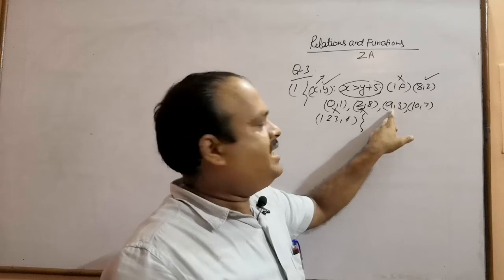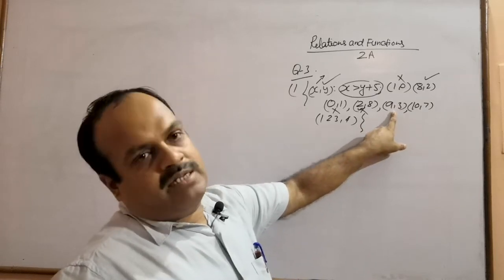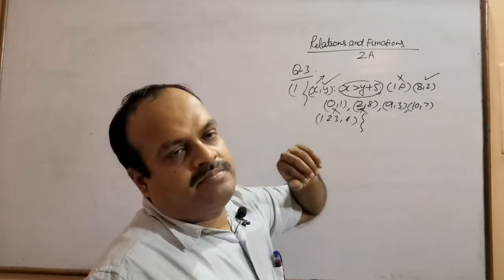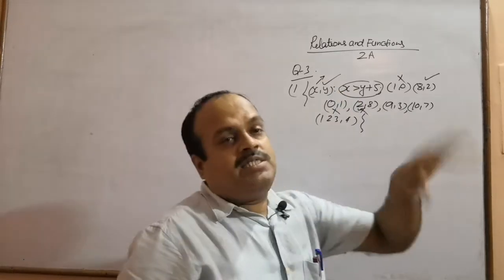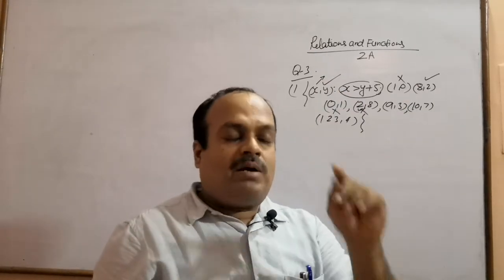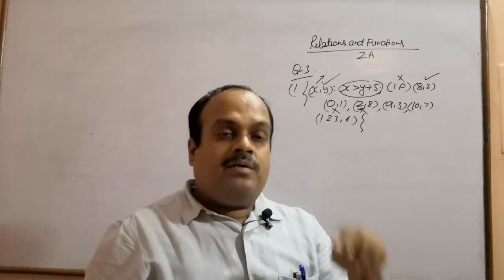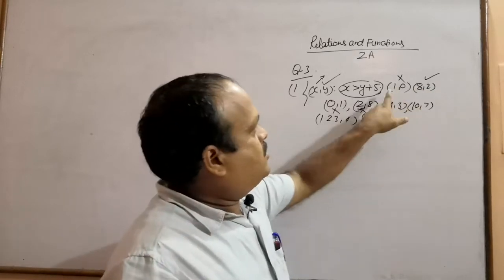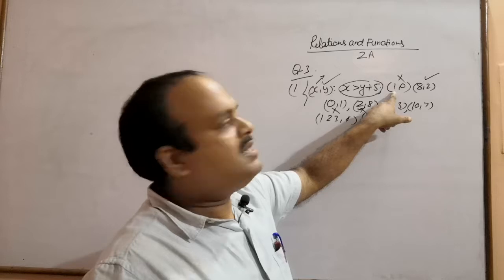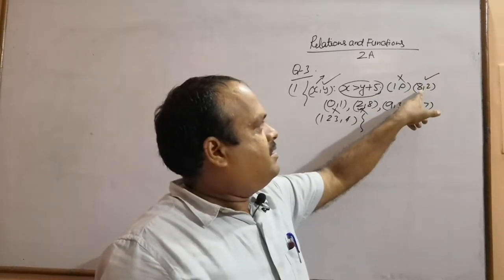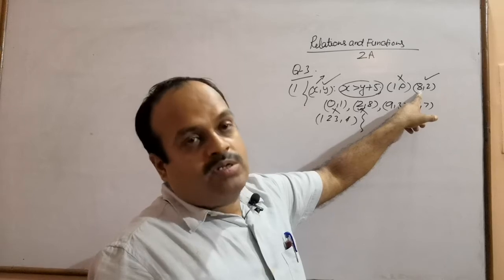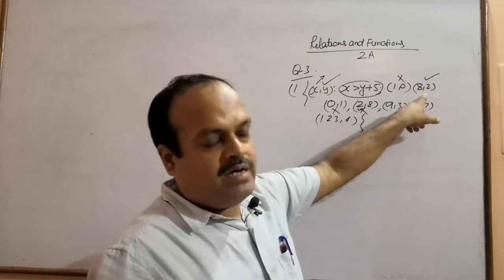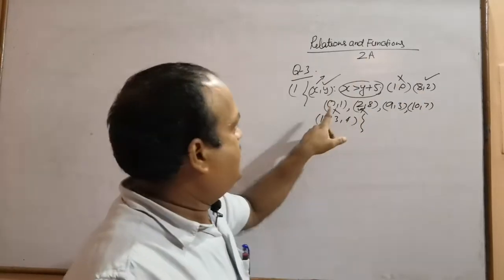The first entry 9 is more than the second entry by 5. I am not saying that the first entry is equal to y plus 5. I am saying that the value of first entry x is more than the sum of the second entry and 5. So 1 cannot be more than the sum of 0 and 5. 8 can be more than the sum of 2 and 5. Yes, correct. So this ordered pair will belong to the relation R.